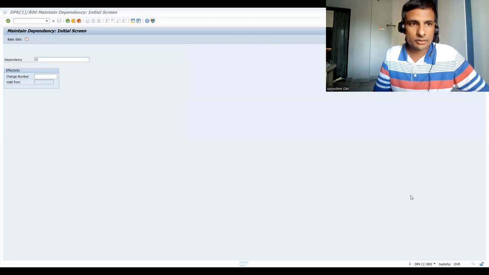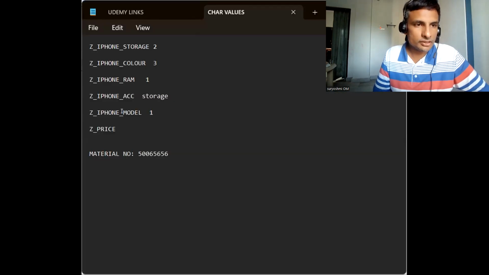So now if you look here, this is what we have done. Model like 15 and 15 Pro, and it can be 14 or 14 Pro, 13 and 13 Pro. You can take anything and create separate materials based on that. So see, what is the advantage? For each model, each color and each storage, you will get combinations 1, 2, 3, 4, 5, right? Assume around 20 to 25 key